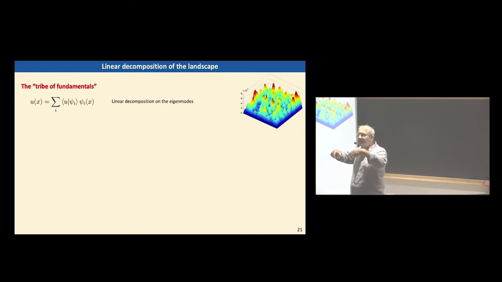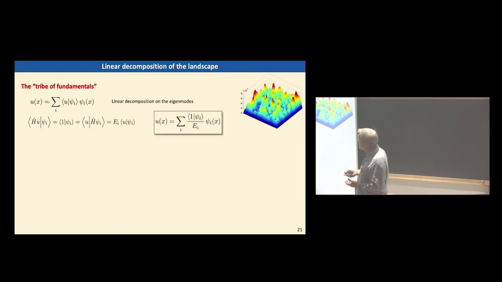We have seen that this bump corresponds, roughly speaking, to a basin. It's even more than that. Each of these bumps looks like the fundamental mode of the local region. Why so? You take U and you make a linear decomposition on the basis of eigenfunctions. You have the right to do that. Eigenfunctions are a basis. If you do that and you look at the decomposition, the coefficient of the decomposition here